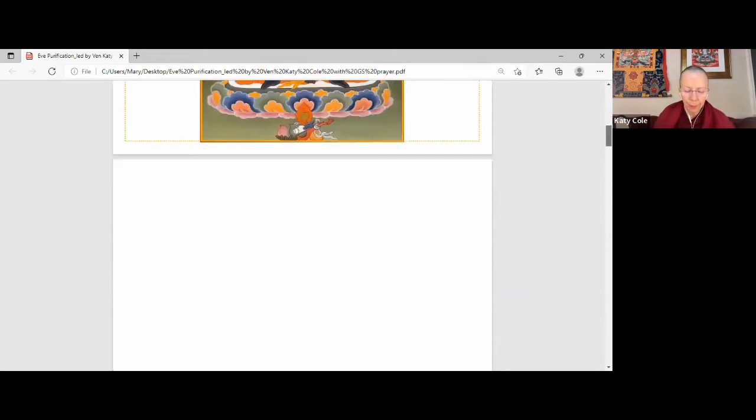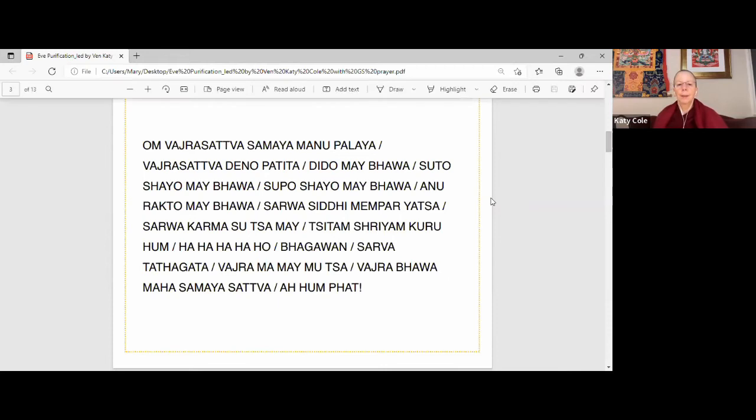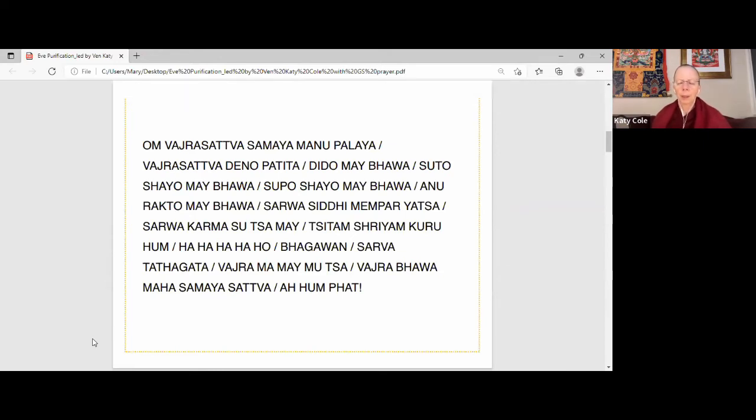Om Vajrasattva Samaya Manupalaya Vajrasattva Dina Patita Dira Mebawa Sutokaya Mebawa Supokaya Mebawa Anarakta Mebawa Sawasidi Mimpiyata Sawa Kama Sutame Siddham Shriyam Kuruhum Ha Ha Ha Ha Ho Bhagavan Sawa Tathagata Vajramame Mutta Vajrabawa Maha Samaya Sattva Aham Pe Om